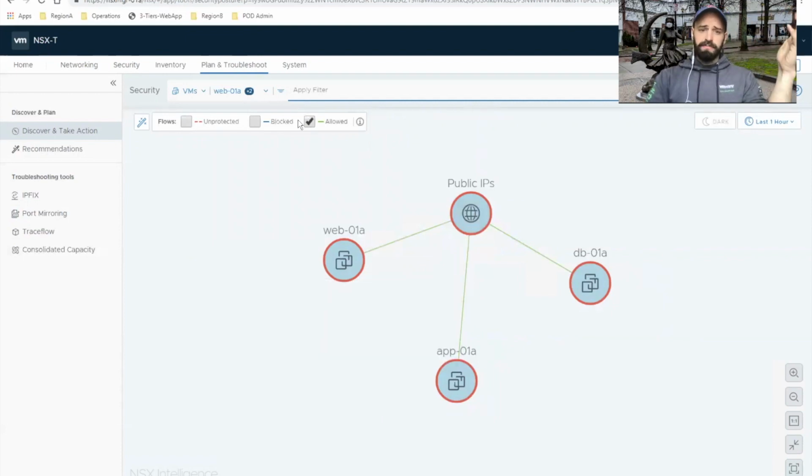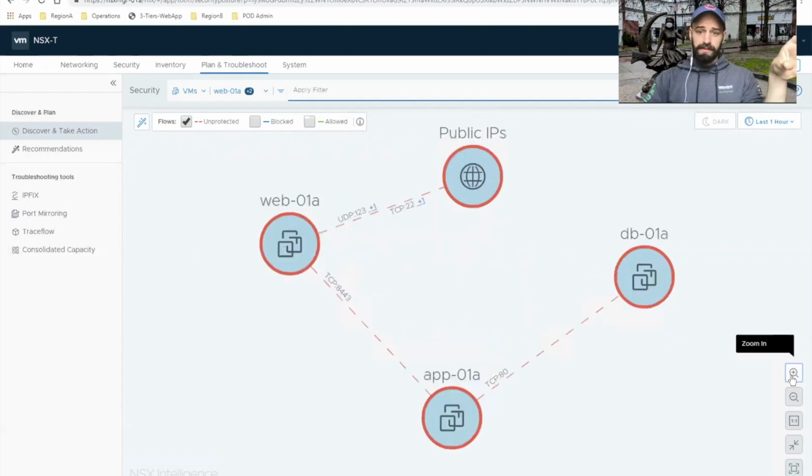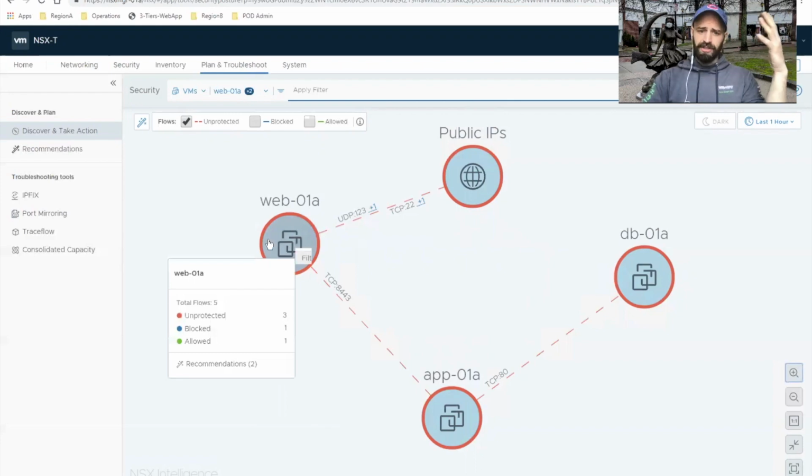I also have some traffic being blocked, right? That's good. I have some block firewall rules, but my final rule, as you saw, is that default allow, right? So the traffic that we see here, these flows are actually flows that are unprotected, flows that are hitting that allow any rule, opening me up to security vulnerabilities in my data center, right? I can always dig deeper and look at these flows, but for right now, what I'm going to do is,